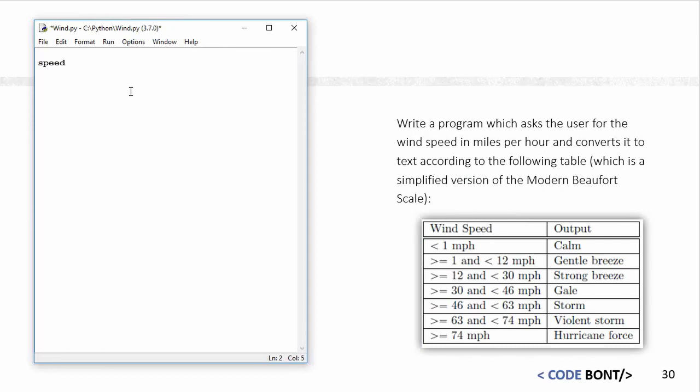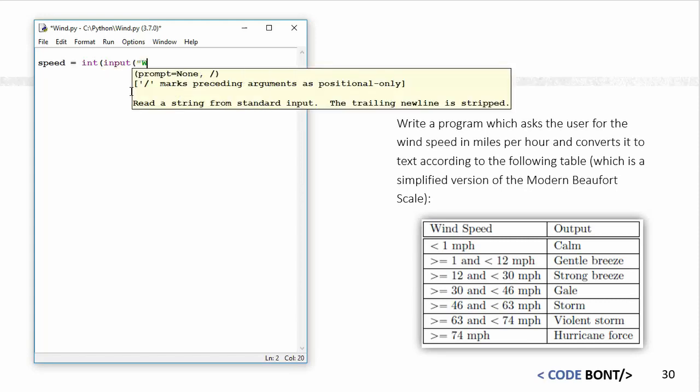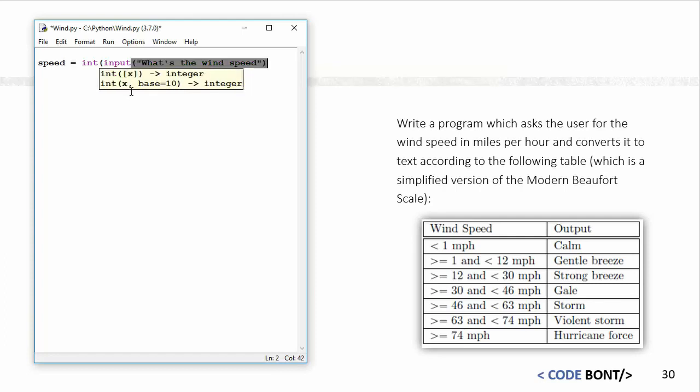So I'm going to put speed equals int input. What's the wind speed? So this is our first part of our program. We're having some form of input and then we're converting it to an integer. Now the reason I have converted this to an integer is because A, we're dealing with numbers, and B, it's a whole number here. If it was a decimal point number, then I would convert that and put it as a float. So the next part of our program is to look at how do we actually make the decision